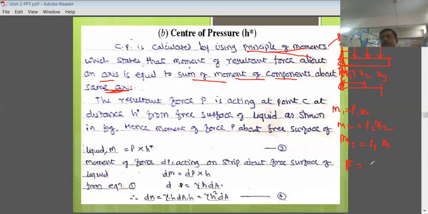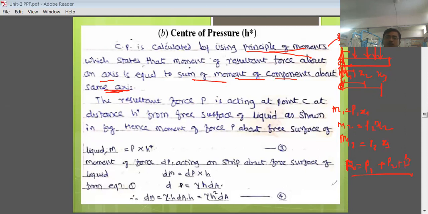F is equal to 5. See, all these three forces are vertical, acting in downward direction. You can do just the addition of this P1 plus P2 plus P3, right? So this is the resultant force, which can be denoted by capital R. So here I can denote this force capital R, which is nothing but the resultant force.